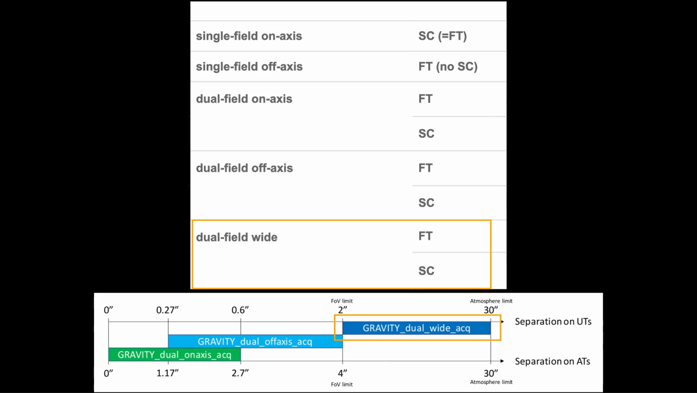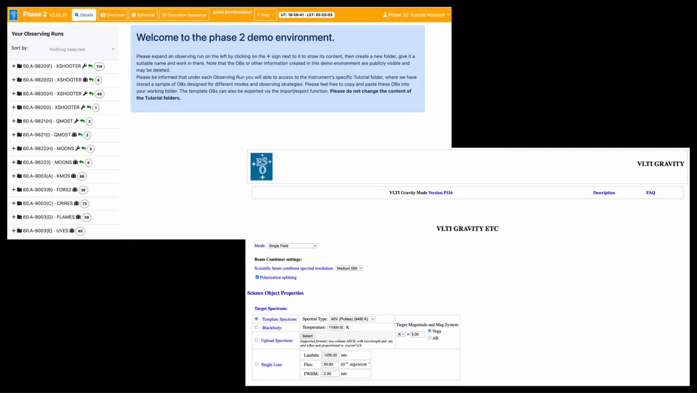Due to atmospheric effects with increased separation, this mode currently only provides relative measures, differential visibilities and phases, and absolute calibrations are not offered. Once your Gravity proposal is accepted, you can move to the ESO Phase 2 tool for preparing your observing material. In the Phase 2, you can define your observing blocks, or OBs, which specify the details